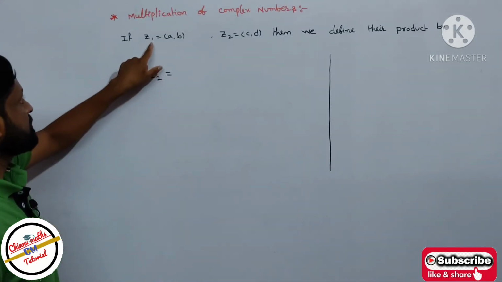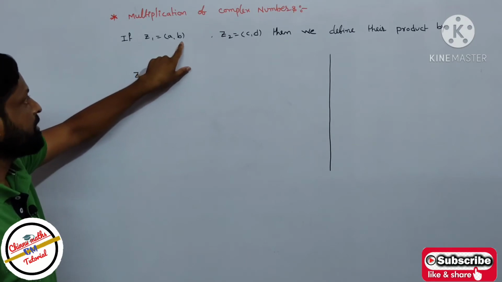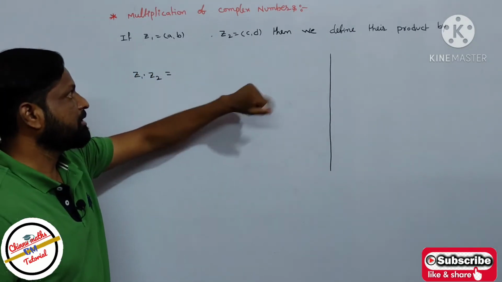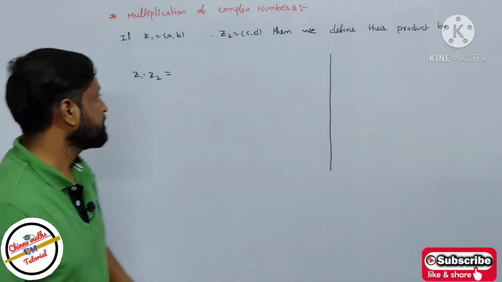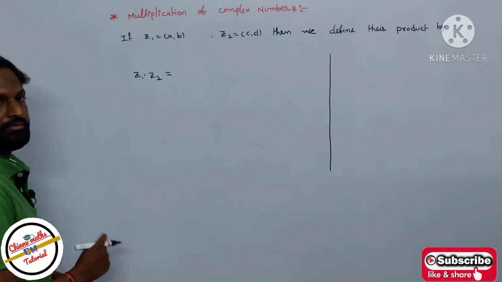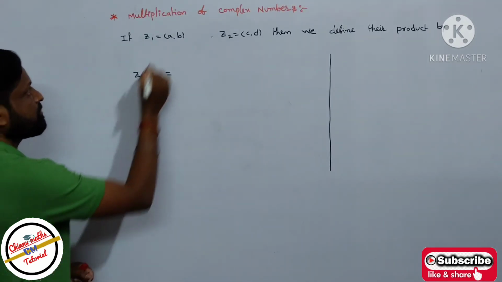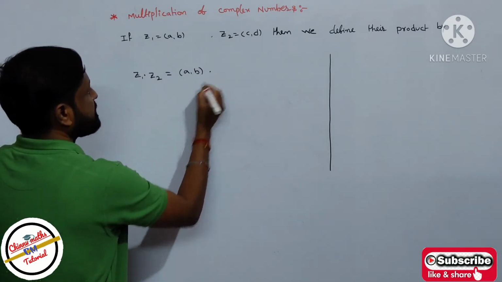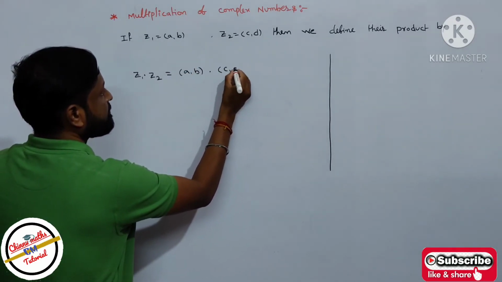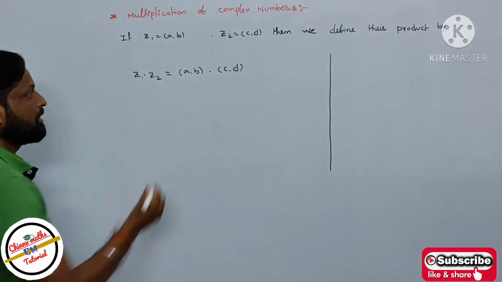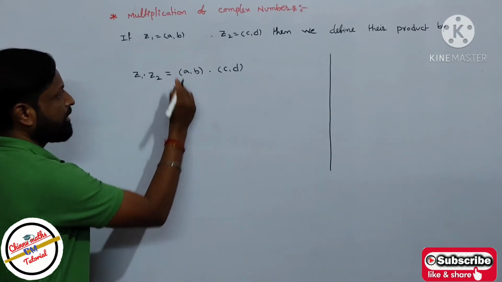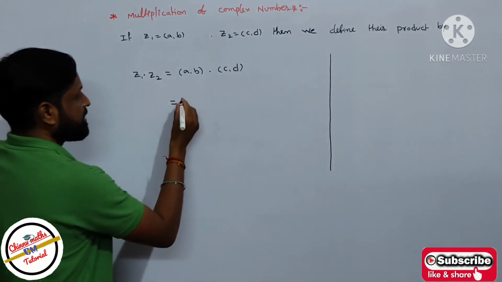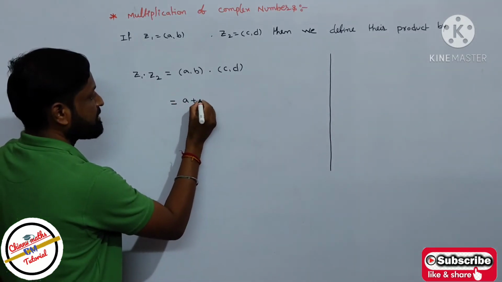Next, multiplication of complex numbers. Let the complex numbers be z1 equal to a comma b, z2 equal to c comma d. Then we define their product as z1 times z2. The product means z1 times z2. What is the z1 value? a comma b, times z2 equal to c comma d. Let's see here, the ordered pair a comma b is expressed as a complex number, that is a plus ib,